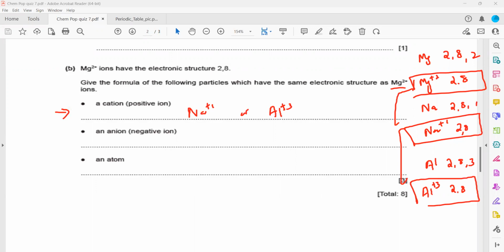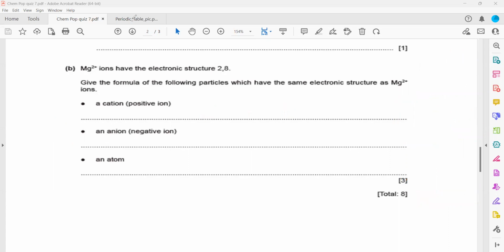Which cation or a positive ion is having the same configuration as magnesium? The next one, which negative ion is having the same configuration? Like these are the positive ion. Now we have to check a negative ion. So when we check the negative ion,